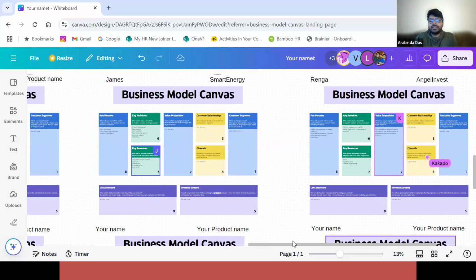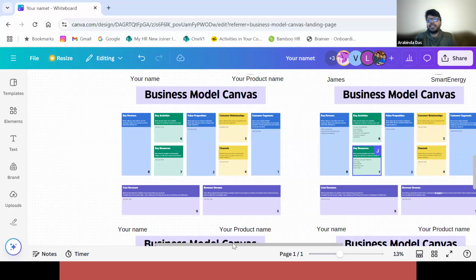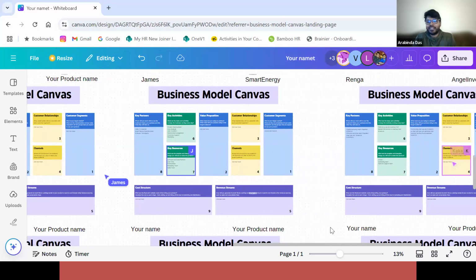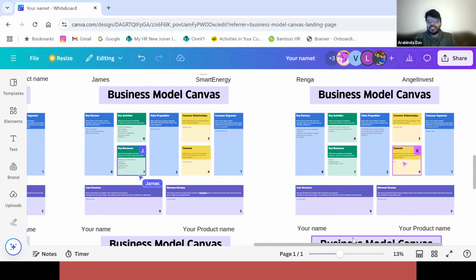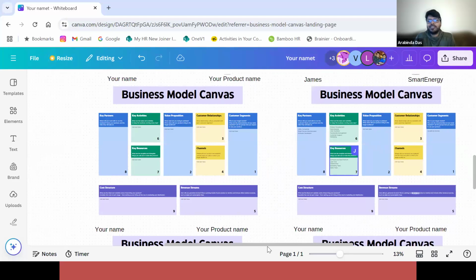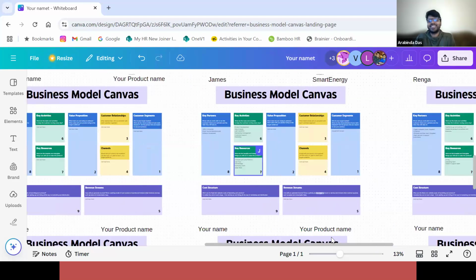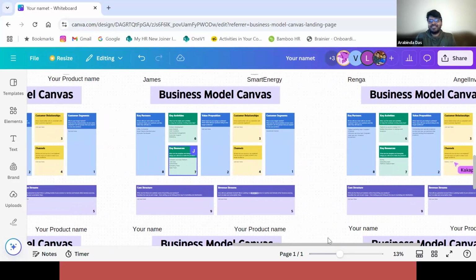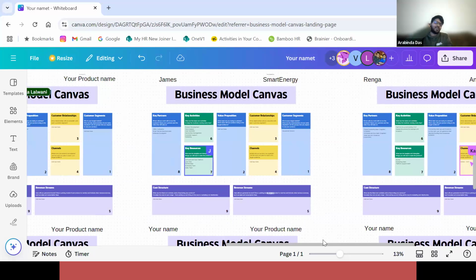Amazing, we see some filling in. James is bang on, he's just filling things in. I can see Renga filling things in. That's amazing. Lalita, did you just fly off your product? You don't have a model canvas for it. Just kidding. It's fine, we can discuss just one canvas maybe. I'm not filling in because we have little time, so I'll give time to others. Yes, I really understand that. I'm just messing with you.